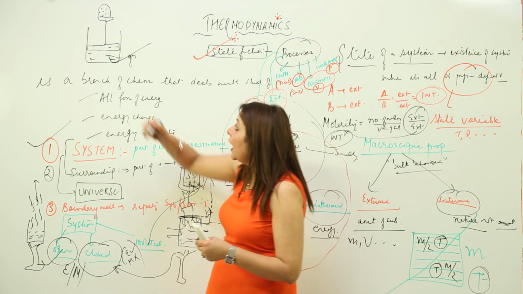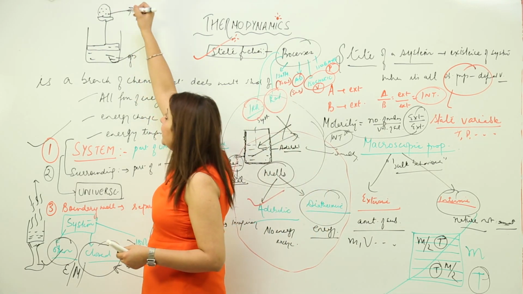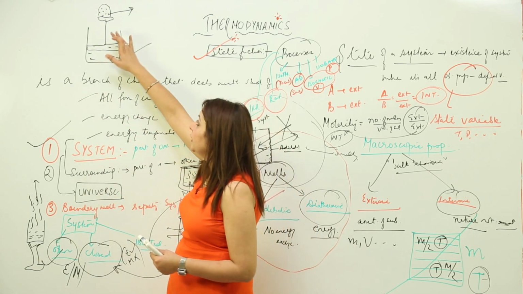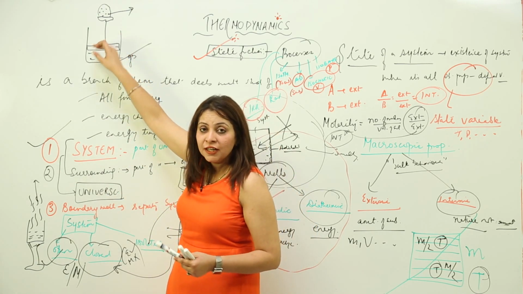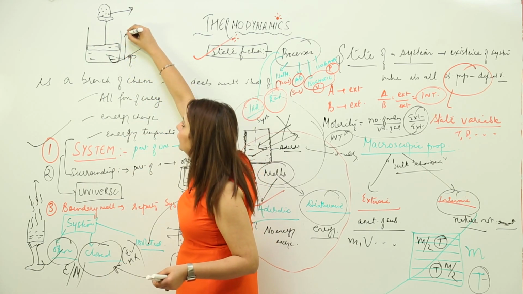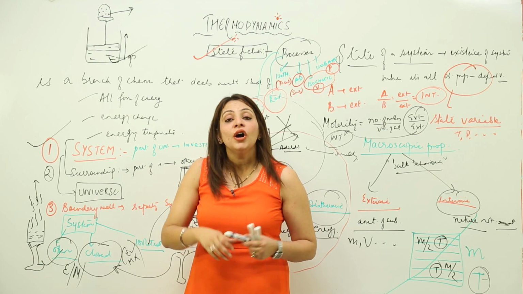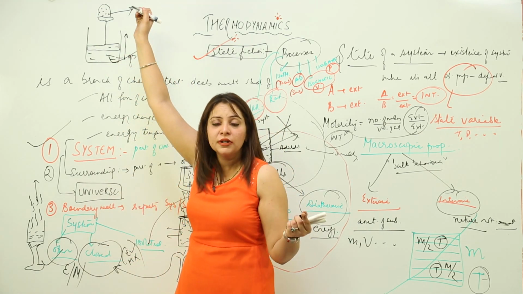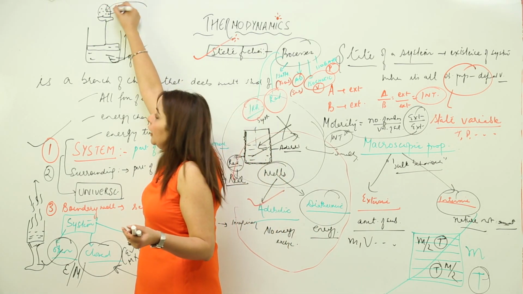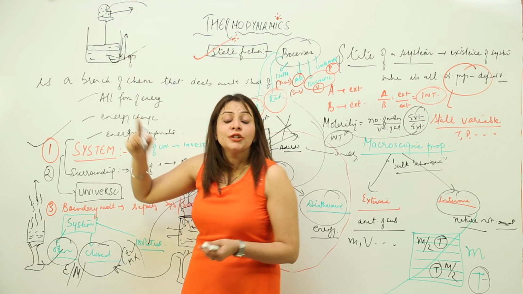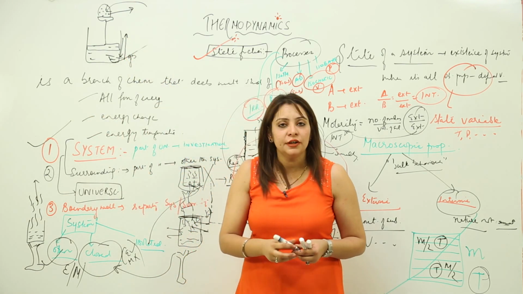But suppose I remove one or two particles of the sand, that means this pressure is going to be less, right? So the internal pressure is going to be more, so the gas will expand. Now again I replace the few sand crystals I took out, I put them back. Then the piston is again going to move down. So this is the reversible process.